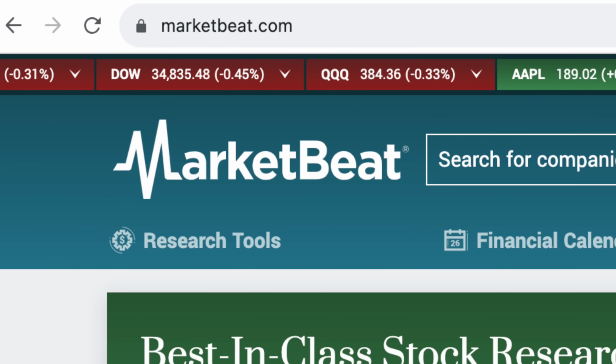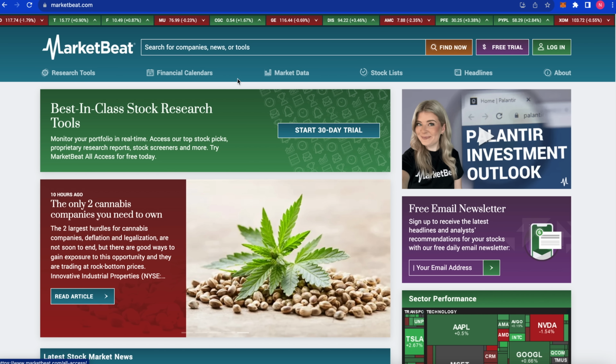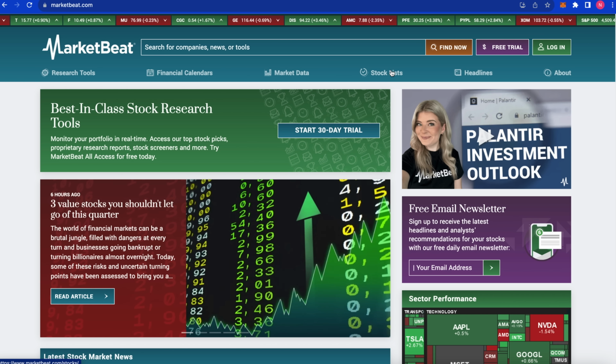in dividend investing or that already are dividend investors. While this next tool isn't only for dividends, it's just one of the best ones that I've found that has this specific feature. And this is MarketBeat.com. With MarketBeat.com, you can look at different financial calendars, different research tools, market tabs, market data, stock lists, a whole